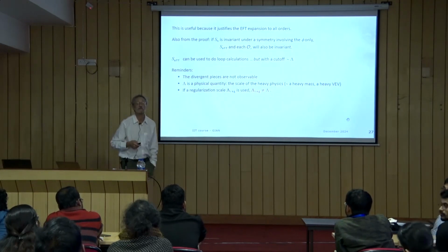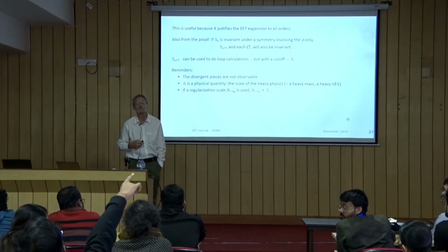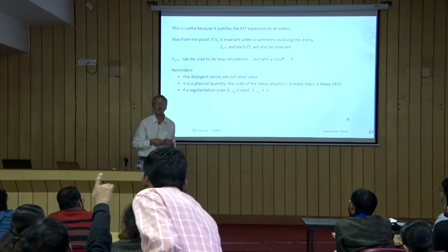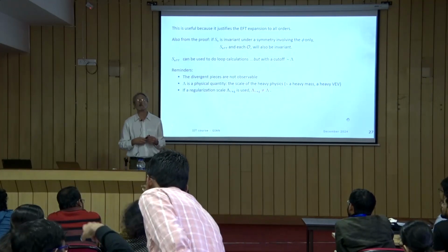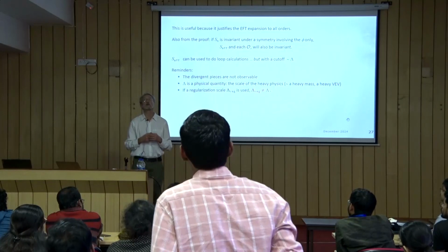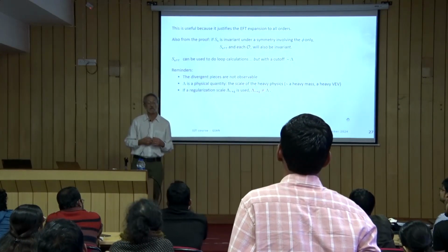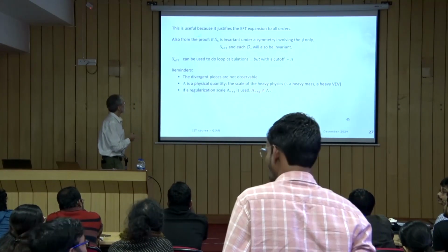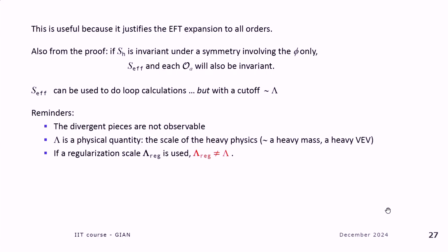Yes, sir? So the symmetry is... is it a requirement of the proof? It's a consequence of the proof. Okay, a consequence. So the question was whether this thing about the symmetry is a requirement of the proof. The answer is no. If the light sector is invariant, then that invariance, that symmetry, is inherited by